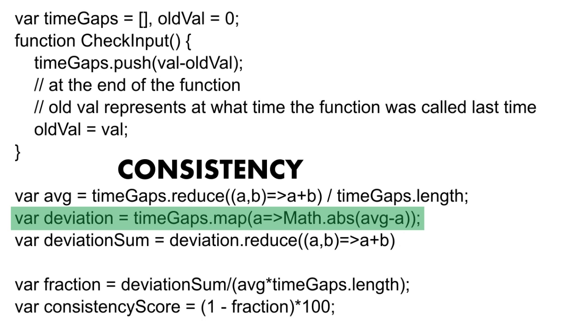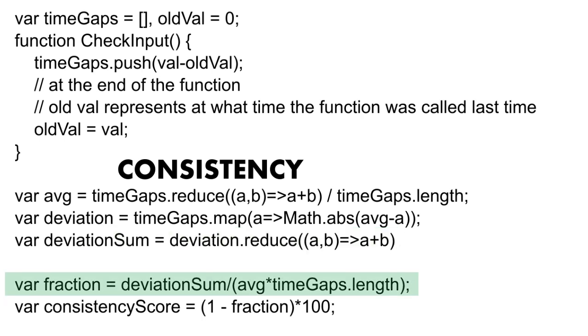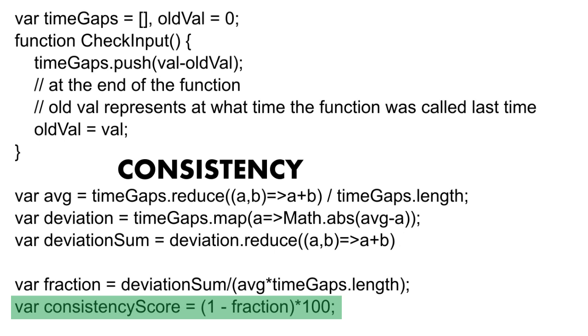Make sure you are adding their magnitude or else you will get 0. Now, this sum represents how less consistent we are while writing the text. It has no relation with the typing speed. Now, take the sum and divide it by the sum of all the elements of our original list and then subtract it from 1 and then multiply by 100. You will get the percentage score of consistency.